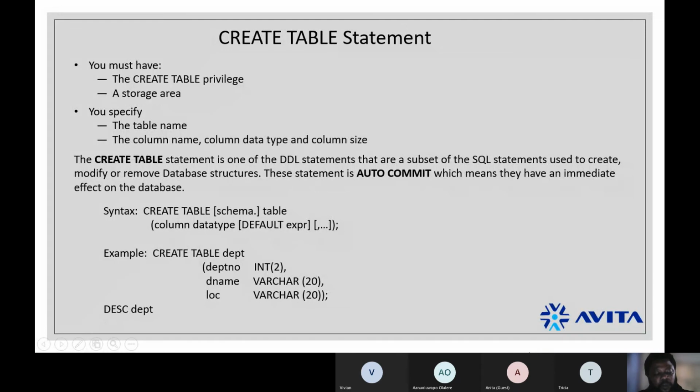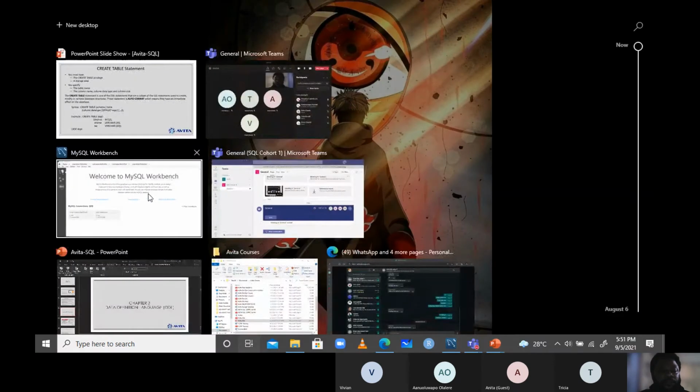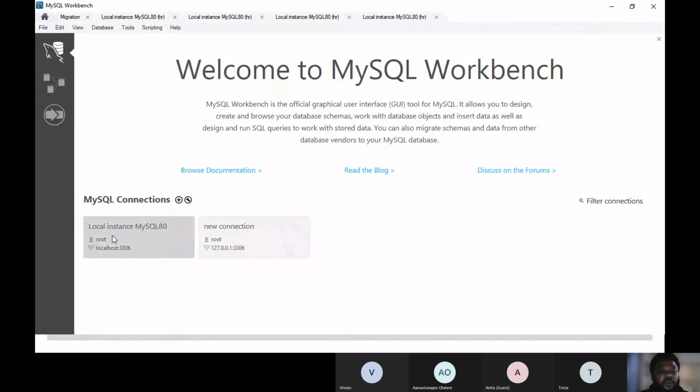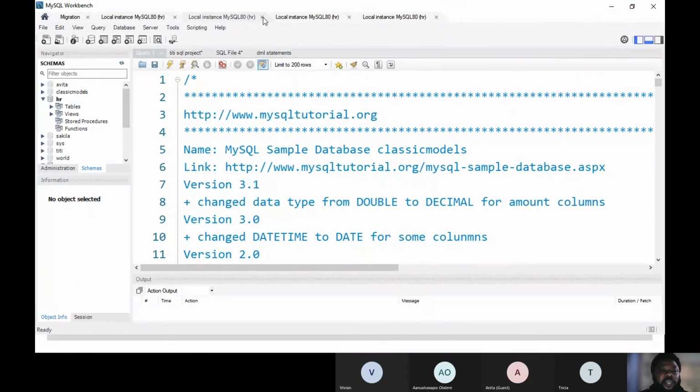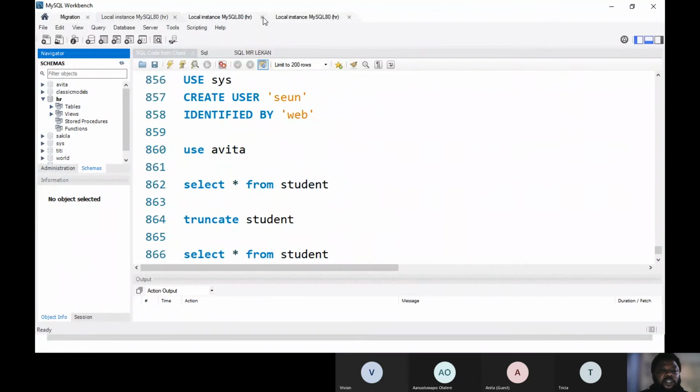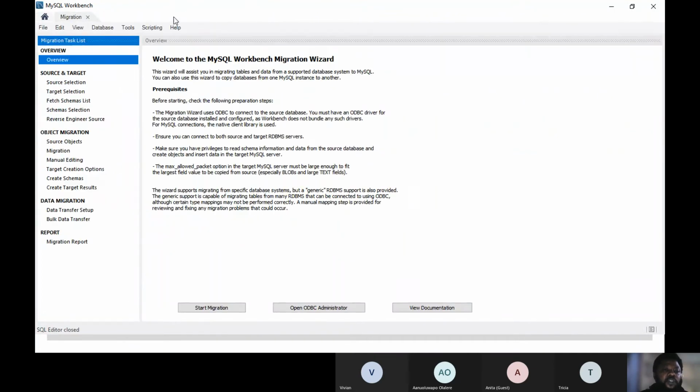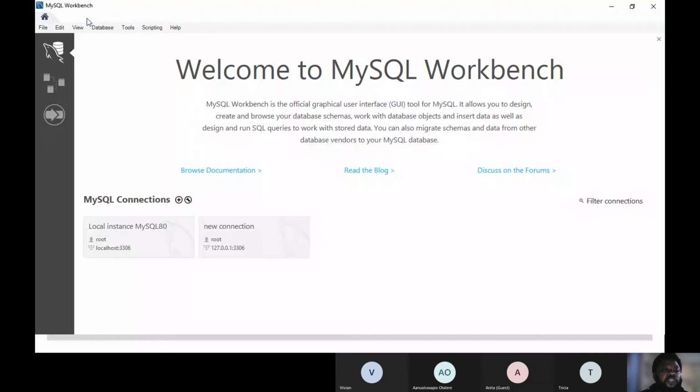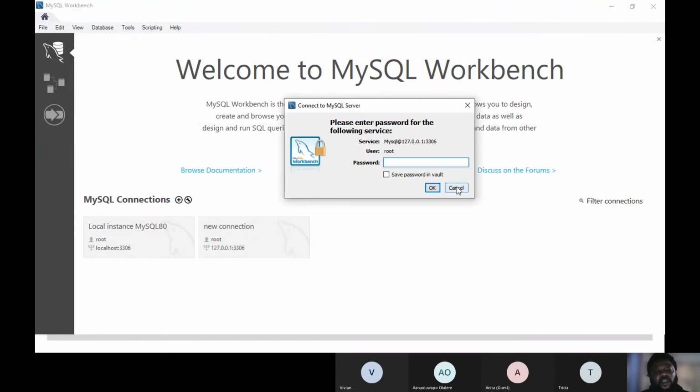And before we do that, I'm going to go to my MySQL and just log in. I think I've opened plenty of connections here. I'm going to close all these connections, and I'm going to establish a new connection, right? So in this place now, I'm going to make a new connection.